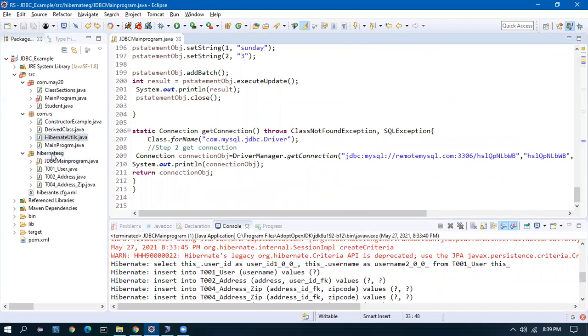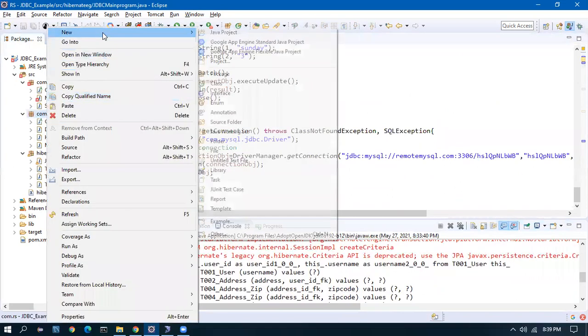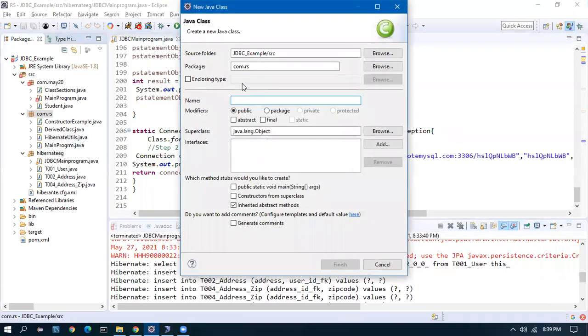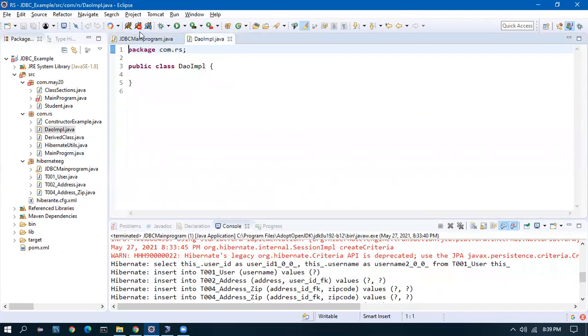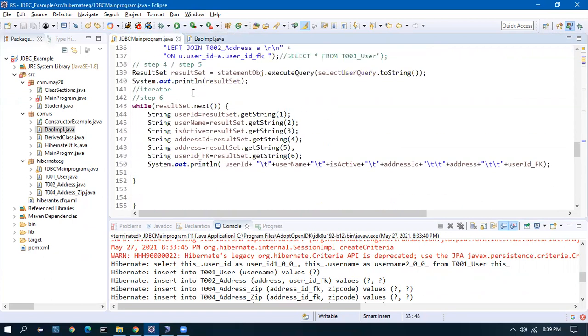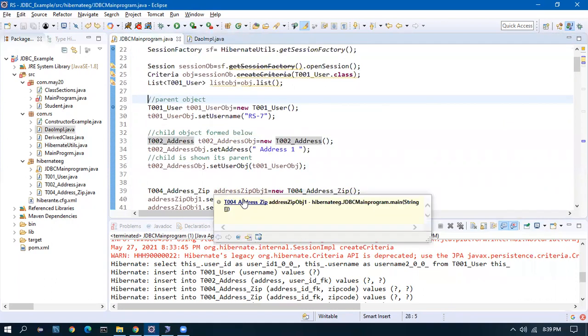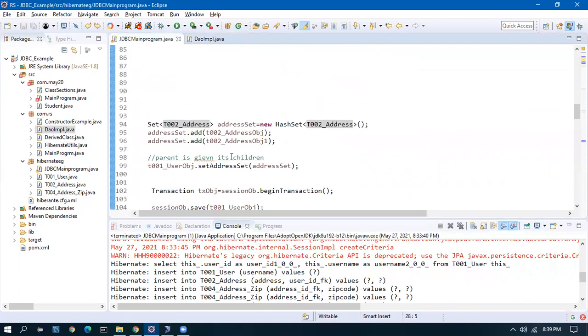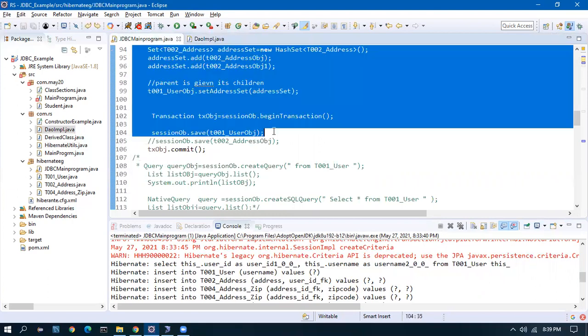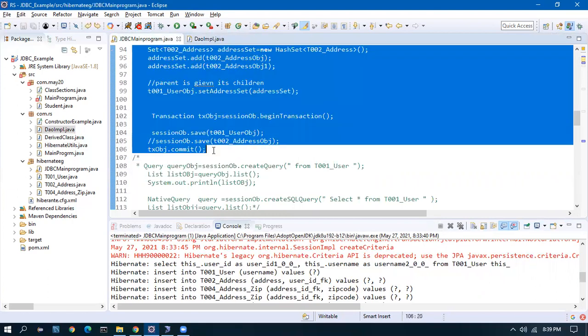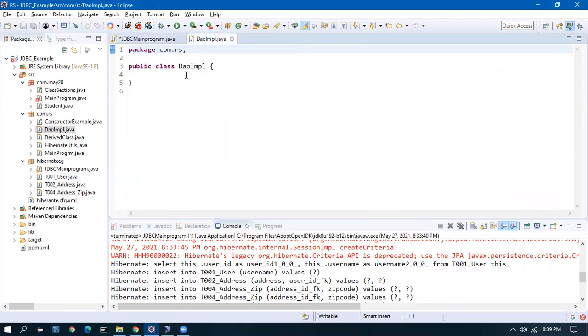What I will do, I'll create one class, DAO IMPL, and I'll push this code, public void saveUser.